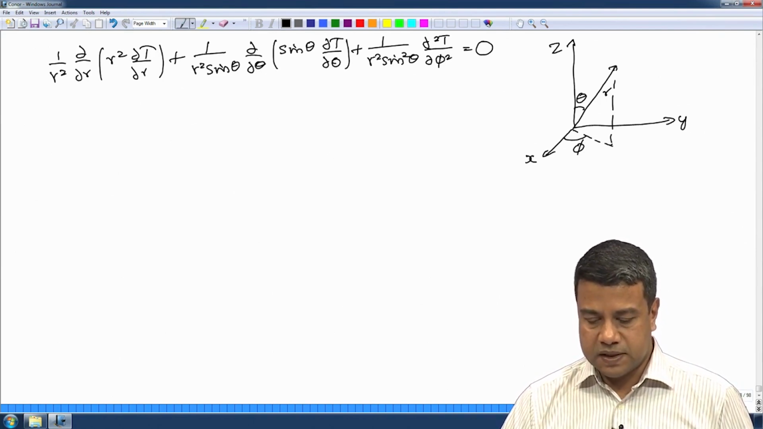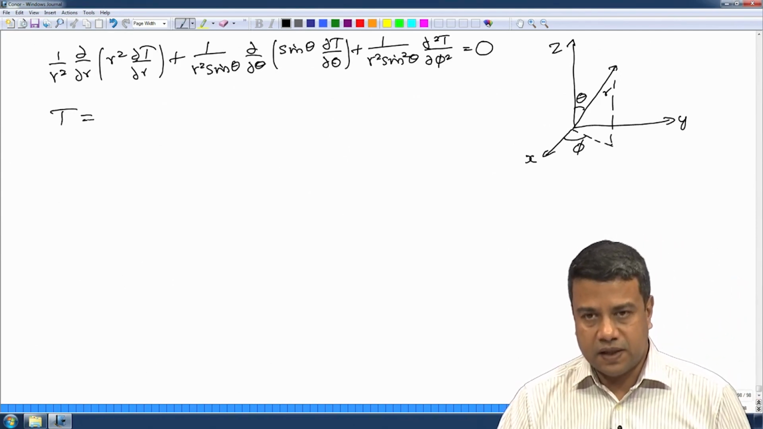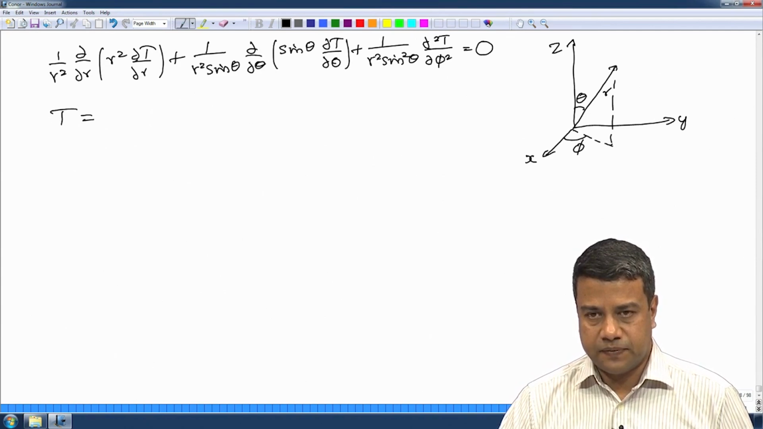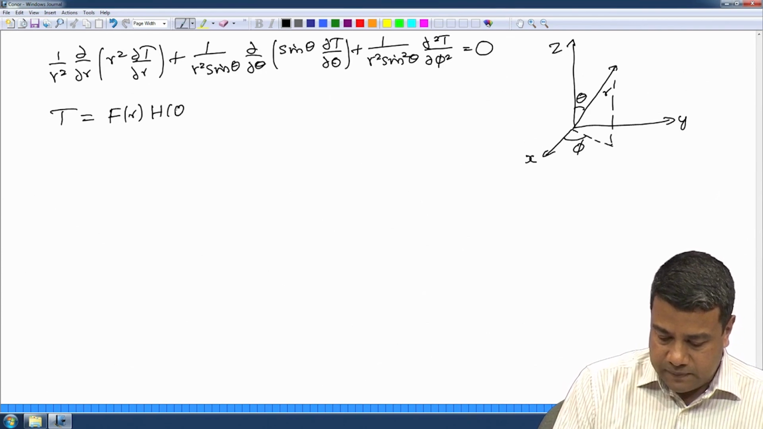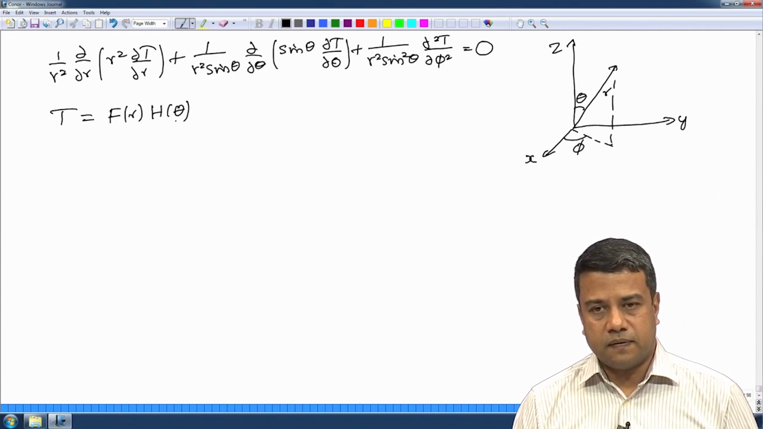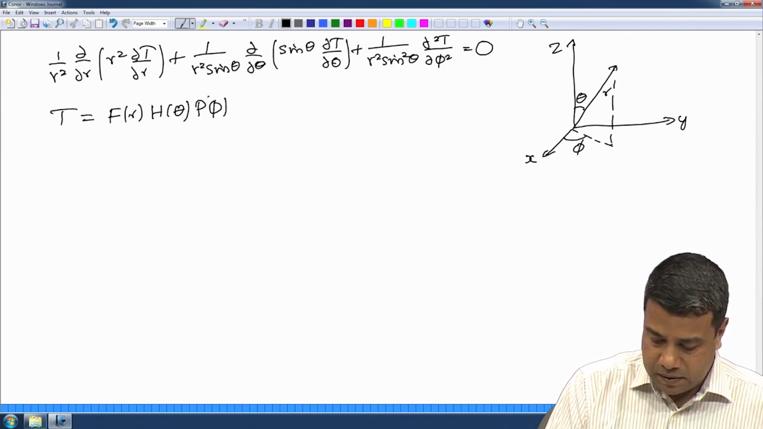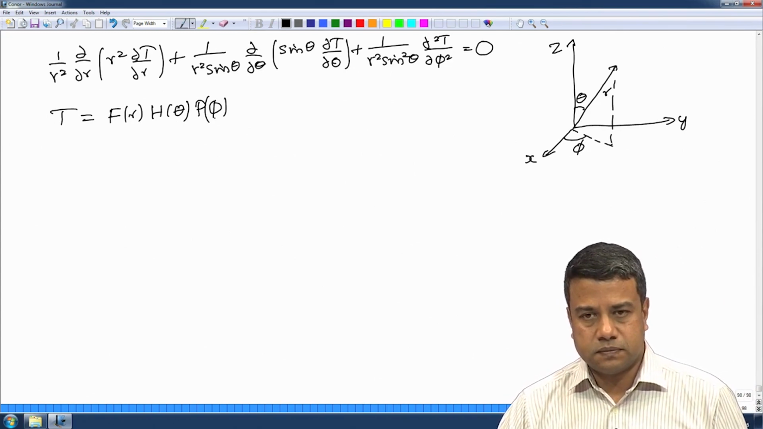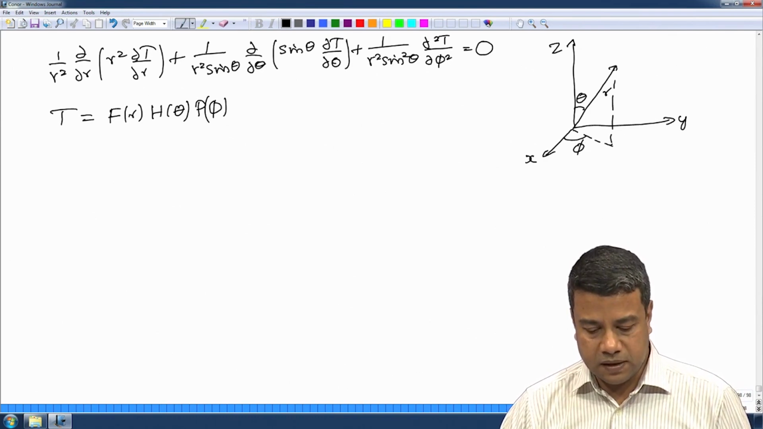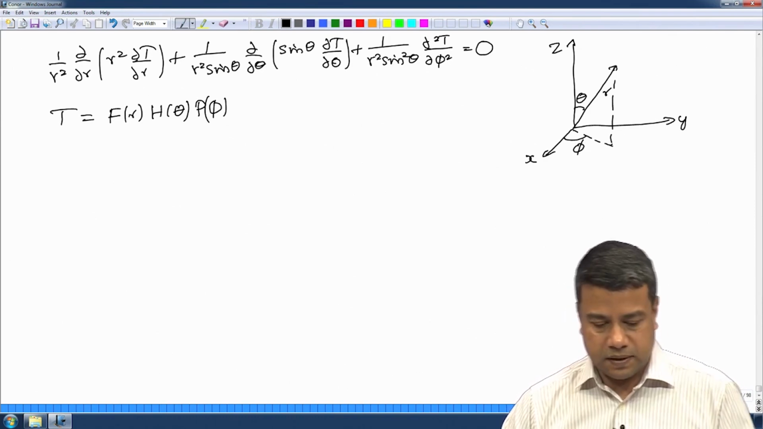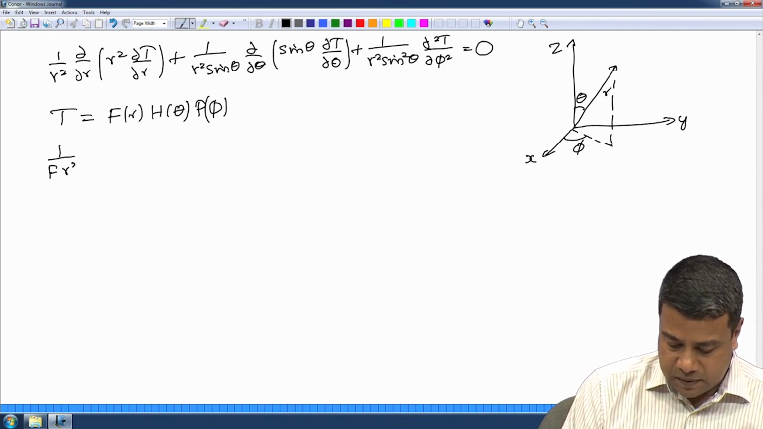First thing is, I can write the temperature, first separate out the phi separation of variables. F of r, h of theta, and I have one more term, which is p of phi. Insert it into this equation, and divide throughout by f h p. So, first term I will get 1 by f r square